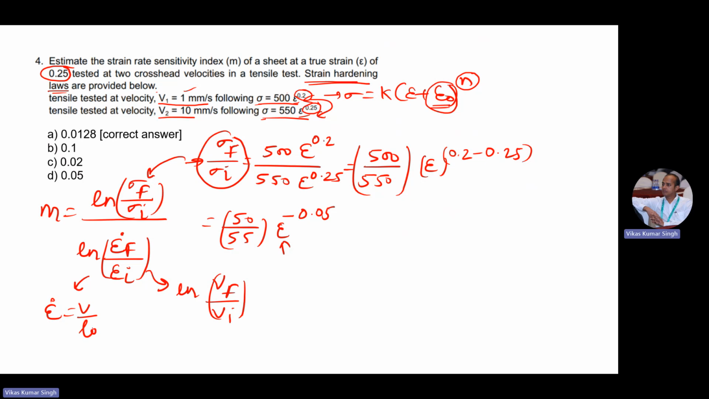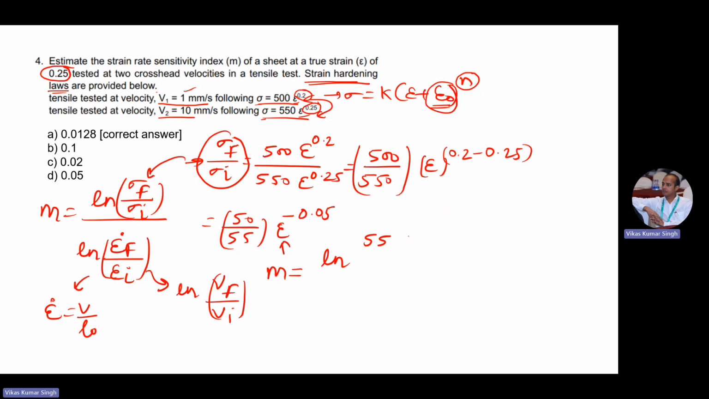Also L naught will be cancelled when we are taking the ratio. So we will get this formula. Okay, so this is going to be what? If we are writing the whole thing, ln m equal to ln of 500 ln of